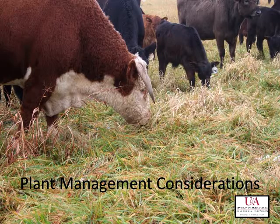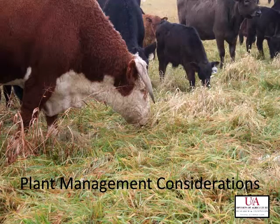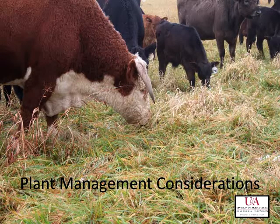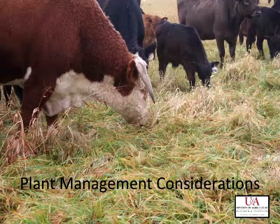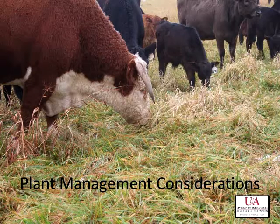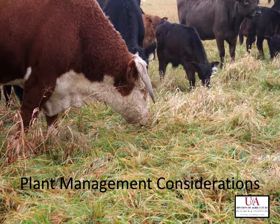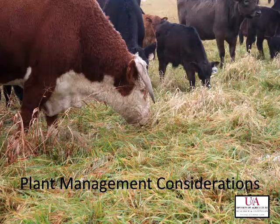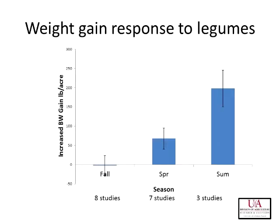So if you think about it, just common production management tools available generally over the counter, in our system provided a 1.4, almost 1.5 pound per day benefit to our animal management. The additional consideration that we can put into place would be pasture management options. So as we wrap up here and consider a few of the pasture management things that we might consider,